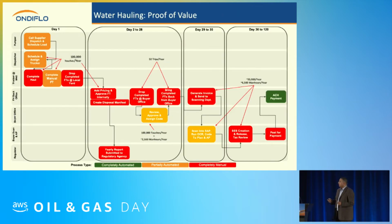So how did we do that? How did we show this proof of value? This morning there was a conversation about network orchestration. We had 5 companies using this platform, and we wanted to eliminate a lot of the human touches. So we first identified where those human touches were, what steps were already very manual in our use case, and